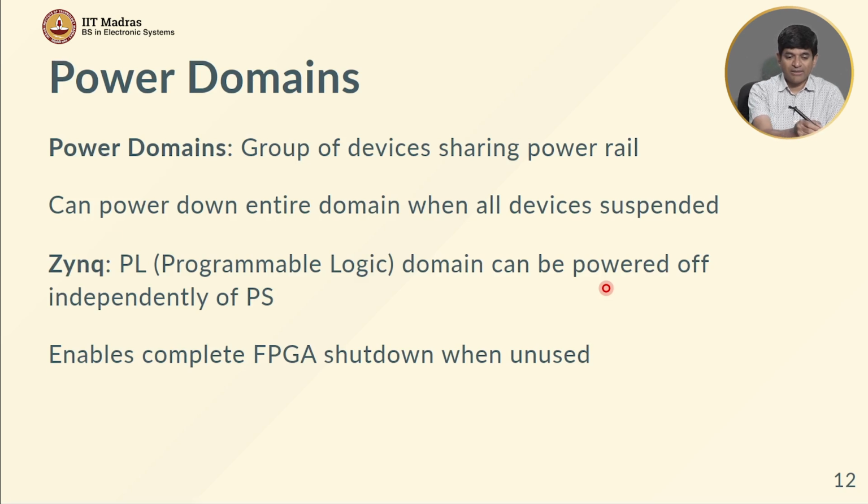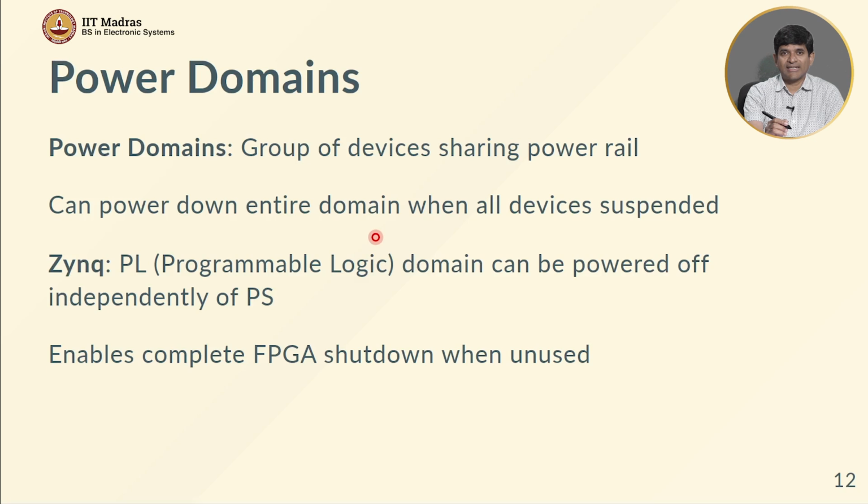Now what does that mean? It means that I can basically turn off the power to an entire domain, right. Just like I used an AND gate to basically turn off the clock, I could potentially use something similar to turn off the power. It can't be an AND gate, because an AND gate is not really going to have the capacity to deliver the current required, but